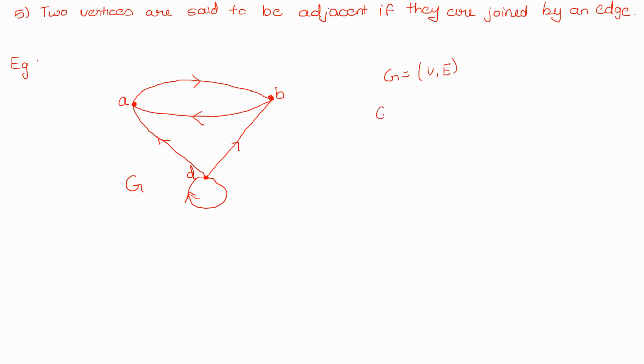The vertices are A, B and D, therefore I'll write it like this. Then there is a set of edges, and the edges are given by AB. Since they are ordered, therefore AB, then BA,